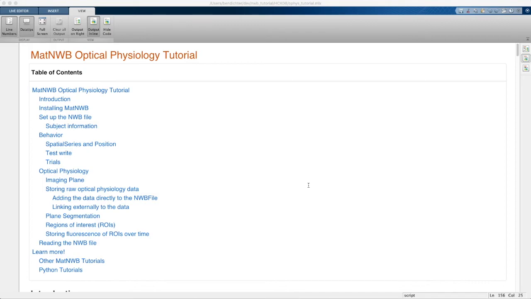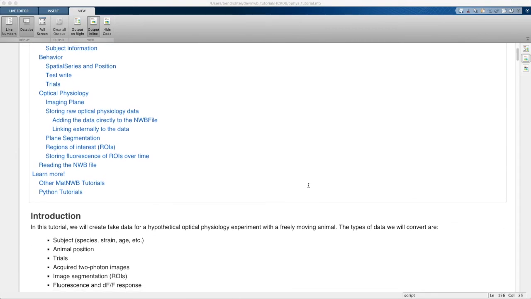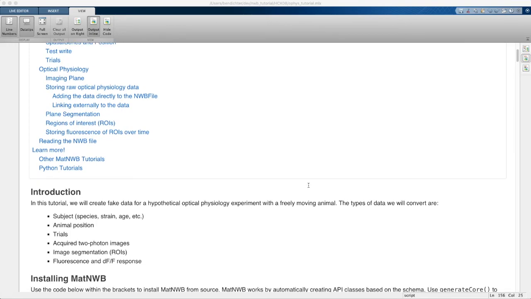Everyone. This is Ben Dichter, and I'm going to be going through the tutorial for optical physiology for MatNWB. So in this tutorial, we're going to just generate some fake data for a hypothetical optical physiology experiment of a